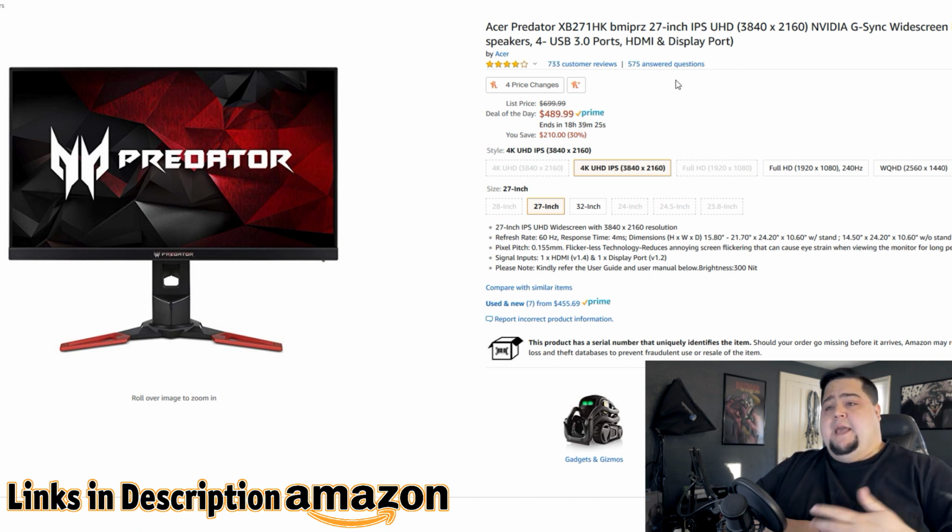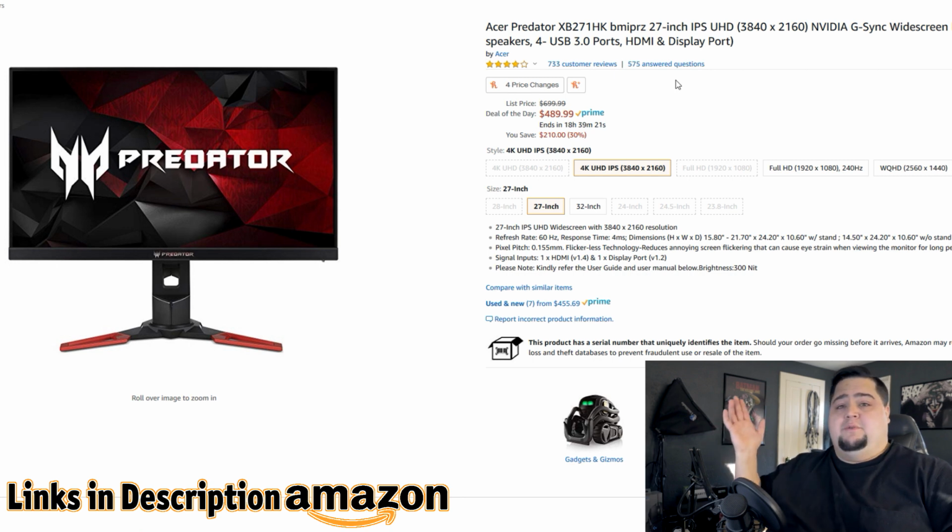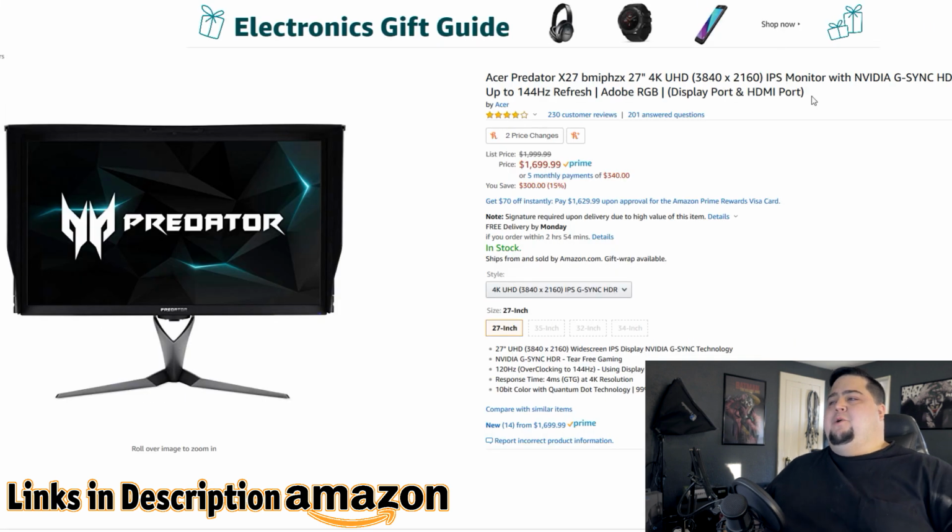Again, this is something that I have used and tested, and I found it to be very good, and it's IPS, so definitely going to have better colors, better viewing angles compared to the TN panels on the previous two monitors we looked at. Now, if you have an insane budget for a monitor, you really can't go wrong with